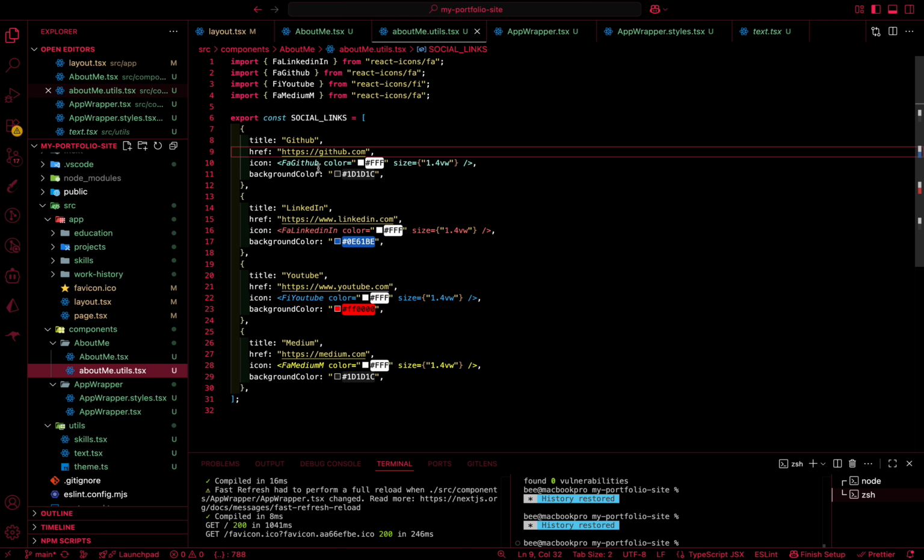So you can choose what social links you want, but here I've just put in GitHub, LinkedIn, YouTube, and Medium. Medium is a place where you can write articles. So let's say you write articles about being a developer or whatever. Of course, in the href, put your link to your GitHub page and LinkedIn, etc. So yes, go ahead and put that in the About Me folder, and let's go to the About Me